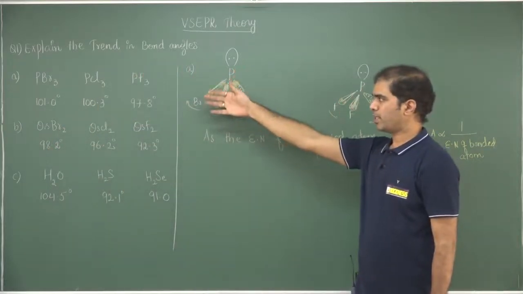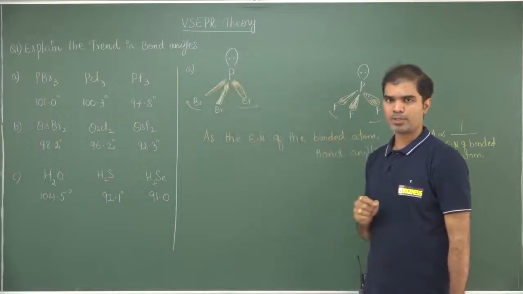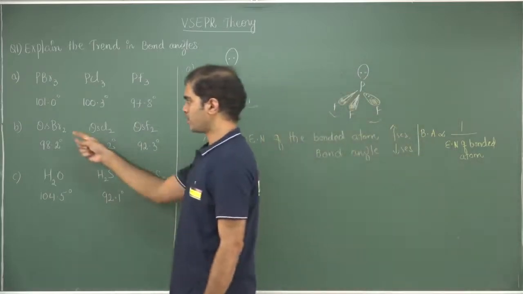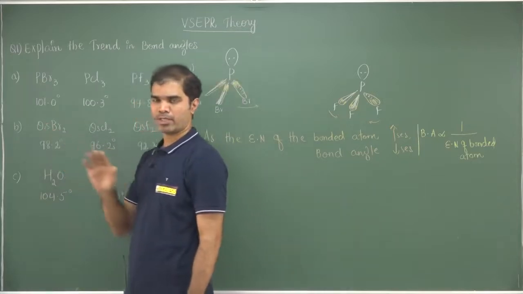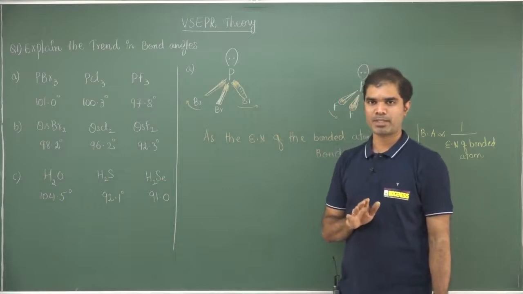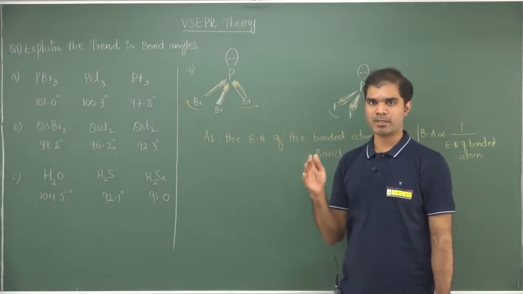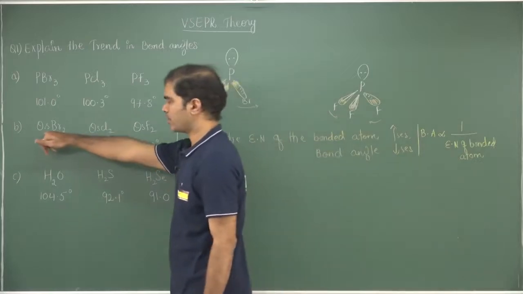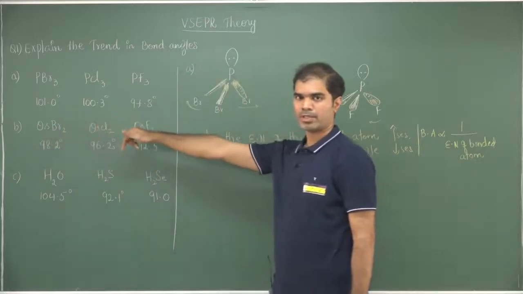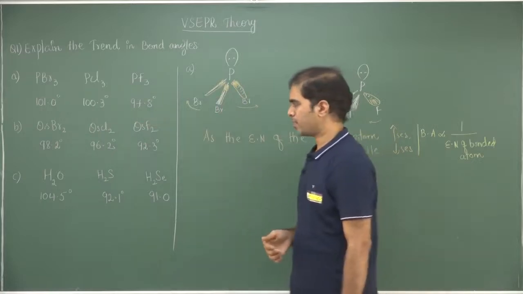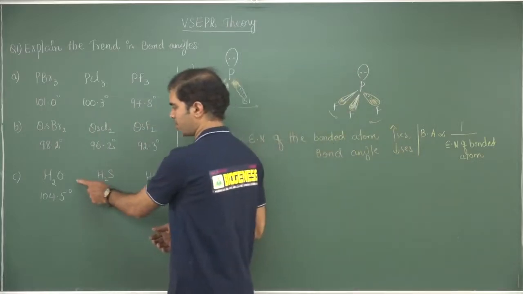The difference between A and B is that A has phosphorus as a central atom that belongs to a main group, whereas B has osmium which belongs to the D block. Usually D block compounds are not discussed in VSEPR theory, but in the extended or advanced VSEPR theory, we also have some inclusions of D block compounds. So I am not separately discussing the trend present in B. Let us come to the trend present in C.